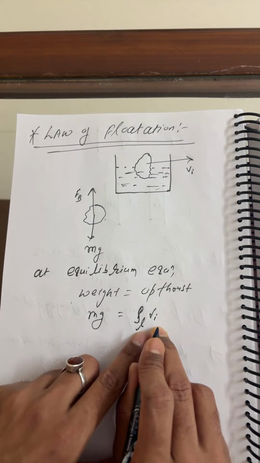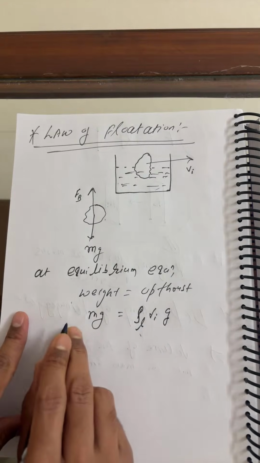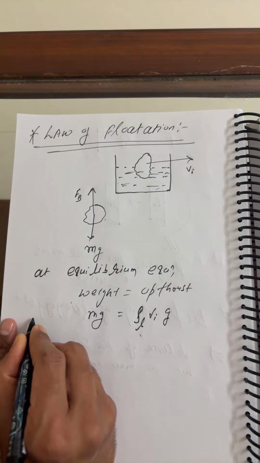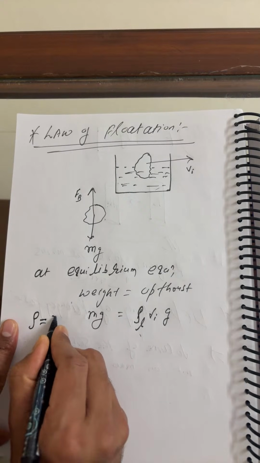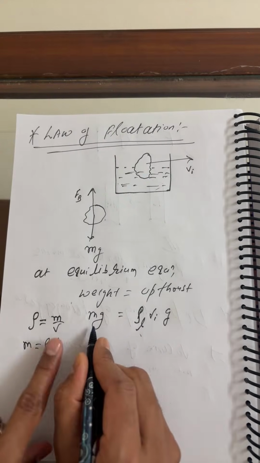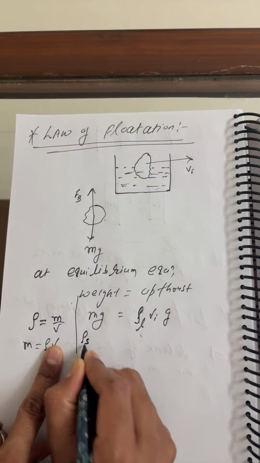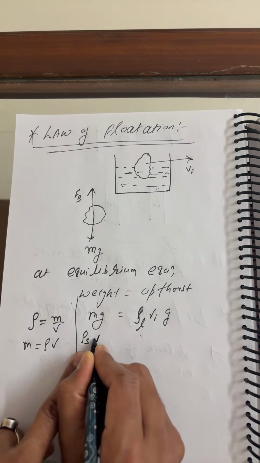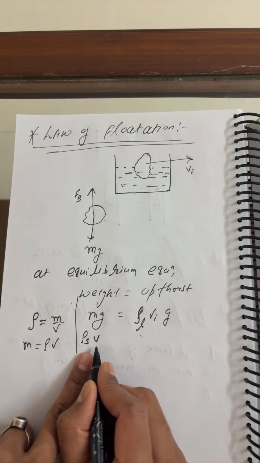Emerge, right? And into what? This is what g. Here I'll use your one formula, I hope all of you remember. Already I said in lecture 1 of fluid statics: density is mass per unit volume, so mass I can write as density into volume. So you can write here density of solids into g, V. This is V total.